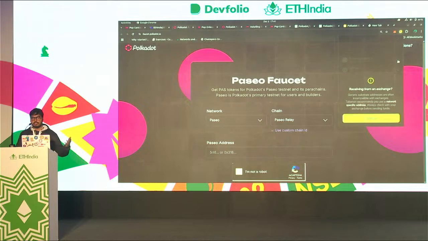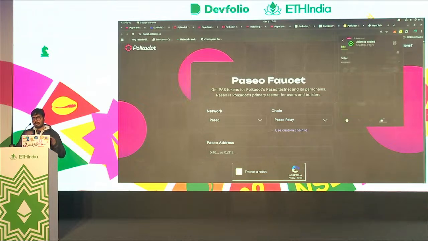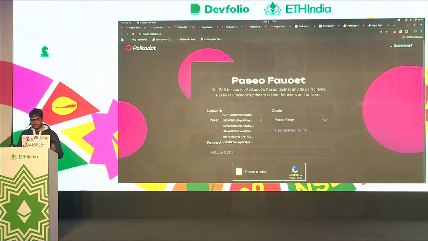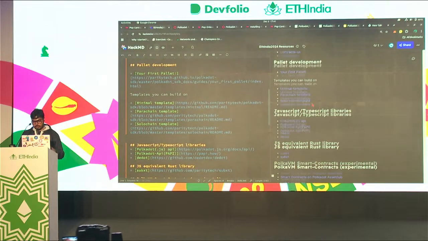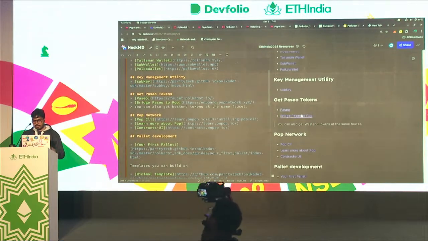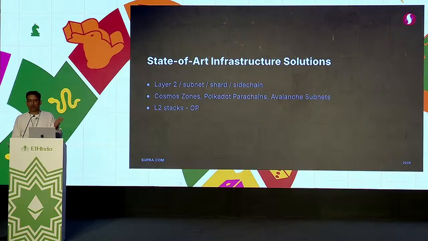because the address conversion works behind the scenes. It isn't necessary to find a specific network address to get those tokens. You just paste your address here and you can get the tokens. And the next step is actually bridging those tokens, because as I said, Paseo doesn't have its own